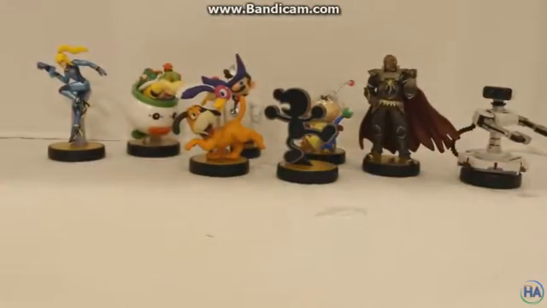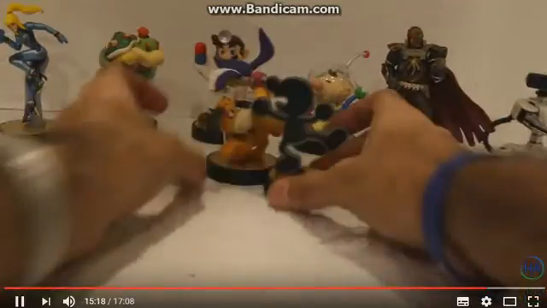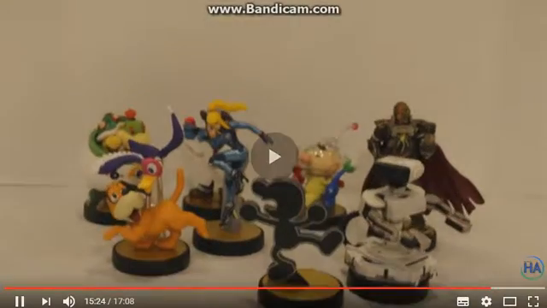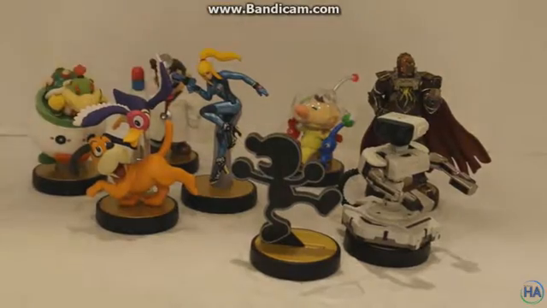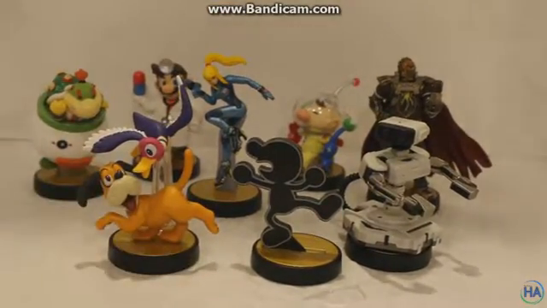So there you have it, folks. These are the amiibo in what I am calling Wave 6, whatever you want to call it, I don't know, but this is really cool. They're all really unique and special looking, and it's just really nice to be able to get all the amiibo